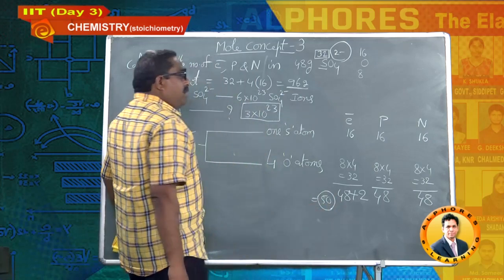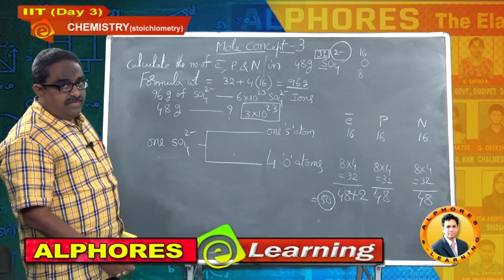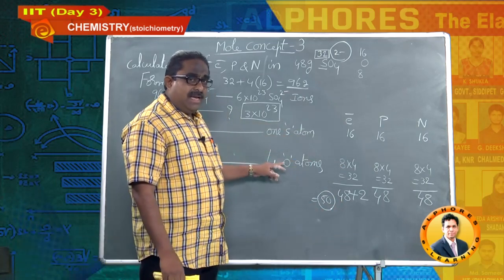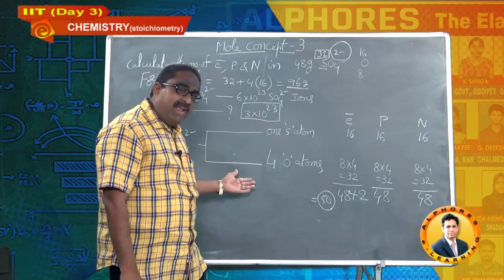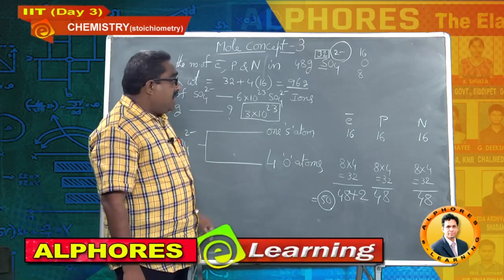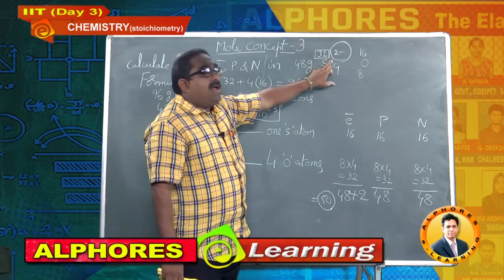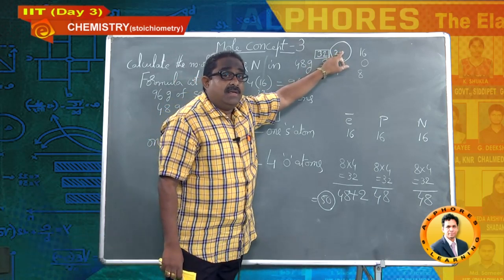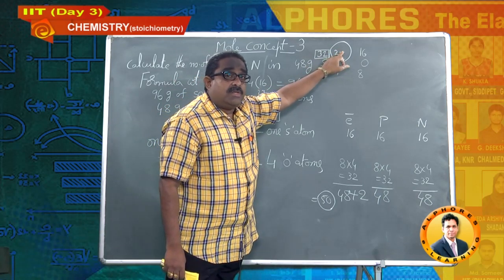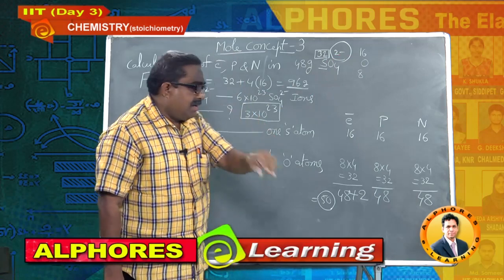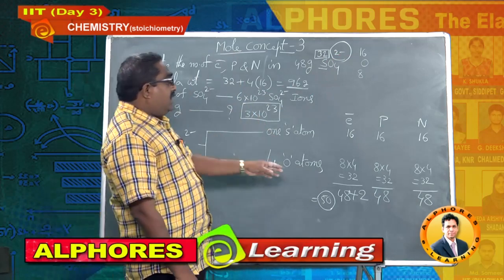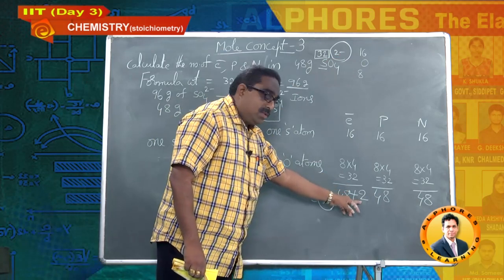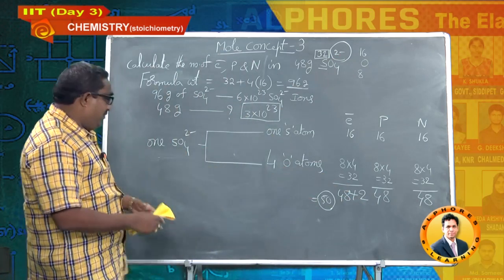Students, very important this is. Once again I am repeating. 48 as per normal calculation, just like the previous question what we have discussed. But here this is an ion that possesses 2 units negative charge. So the 2 units negative charge corresponds to extra 2 electrons. That's why for this 48 we have to add 2 also, total comes around 50.